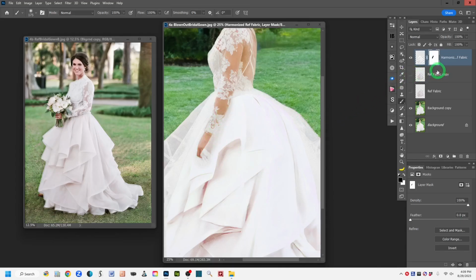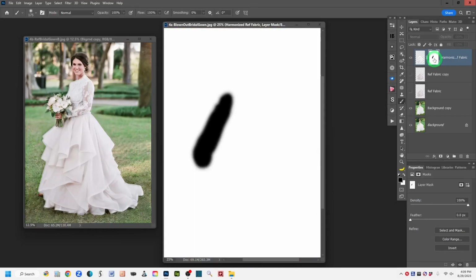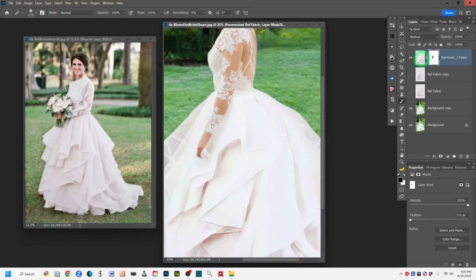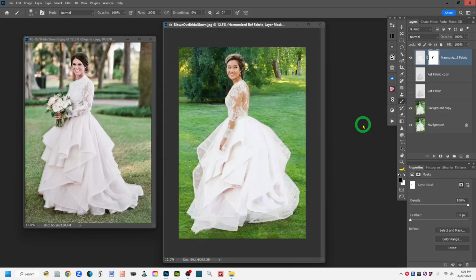Okay, and so you'll see that if we look at the mask, that's all I've painted away. The thumbnail, that's the word I was groping for. Don't paint on the thumbnail. So now it's revealing some of the detail from the original image. So if I zoom out, now we have this. Now, the final thing we might want to do is, again, just like what I did